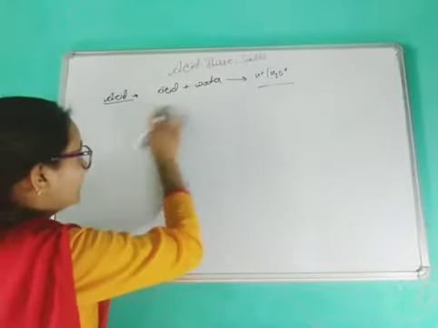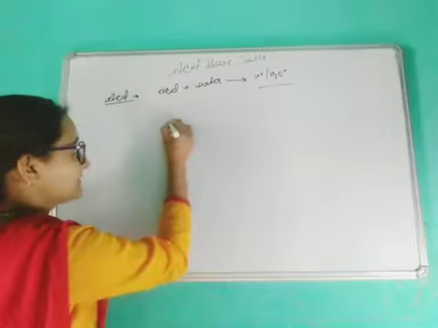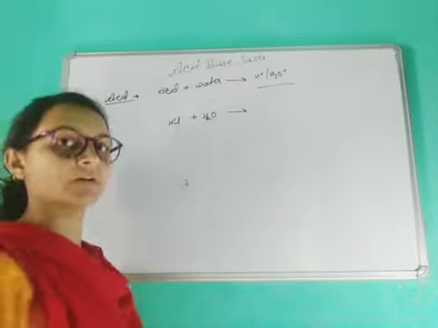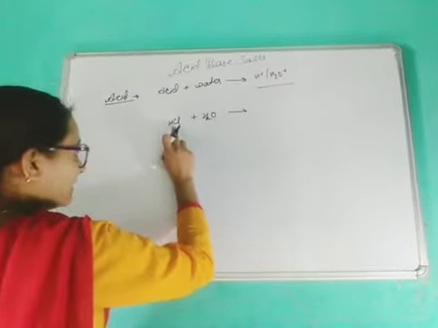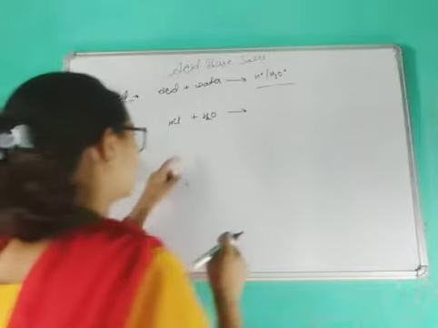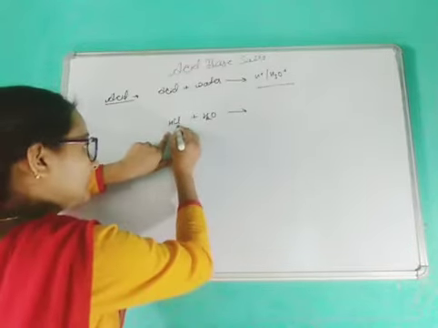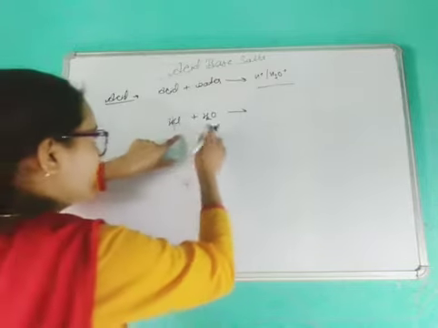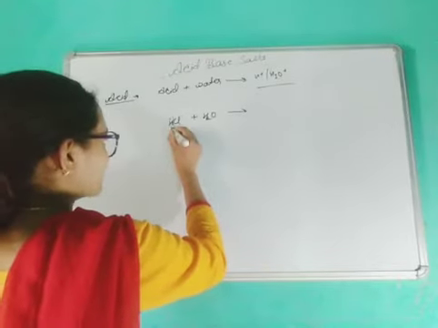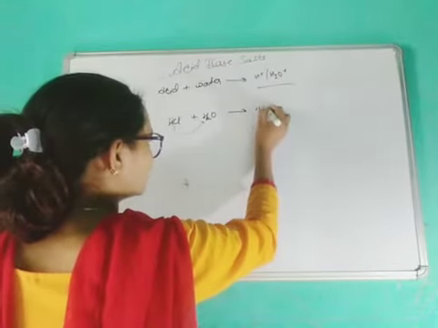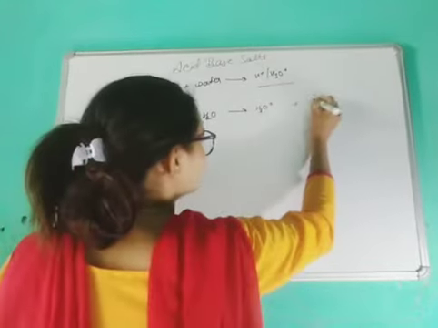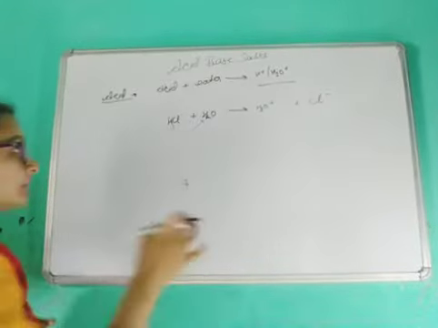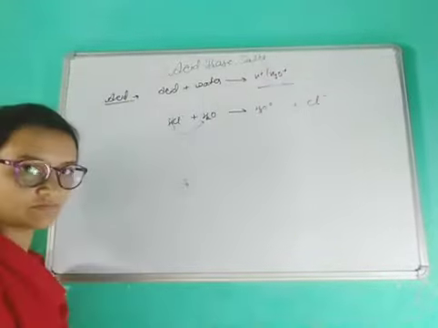See how it happens. For example, the acid is HCl, which reacts with H2O, that is water. When we dissolve the acid in water, what will happen? The bond in HCl breaks, and it becomes Cl negative and H positive. The H positive goes to the H2O and forms H3O positive, and Cl negative remains aside. So acids are those compounds which form H3O positive or hydronium ion.